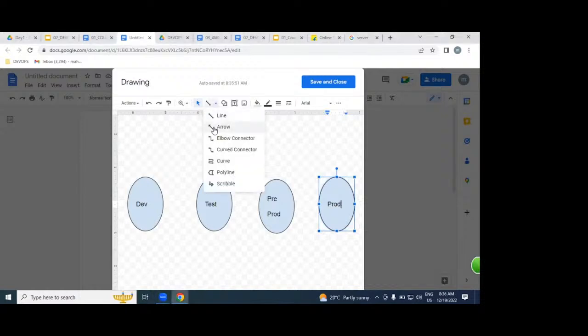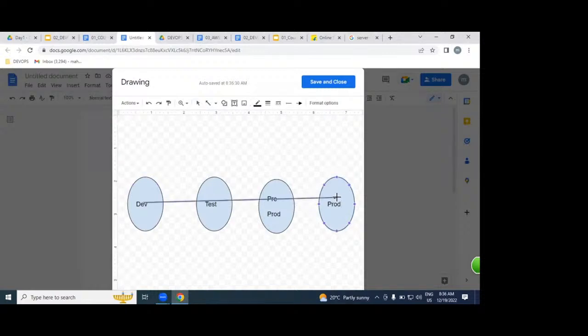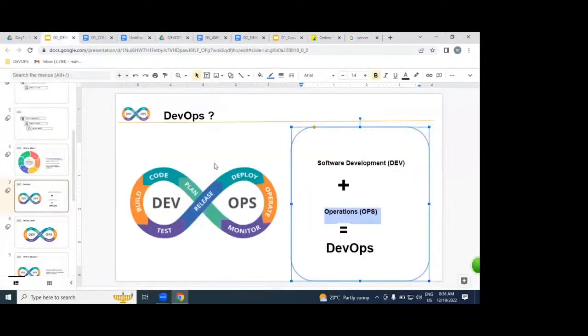As a DevOps engineer, our roles and responsibilities start from the dev environment and end with production. It's nothing but operations. That is the point I want to discuss with you.